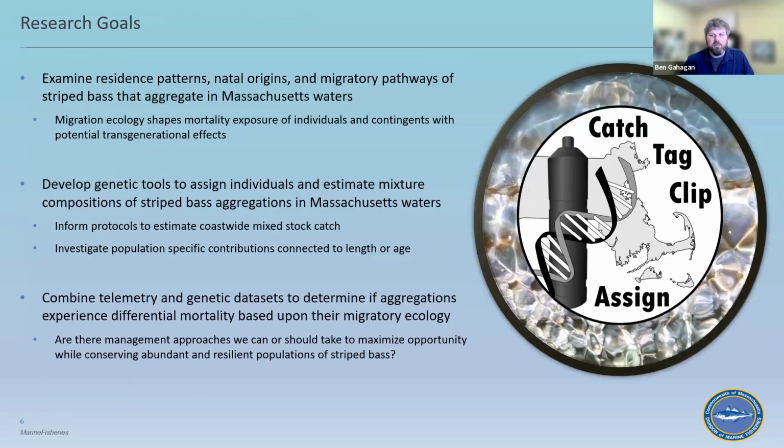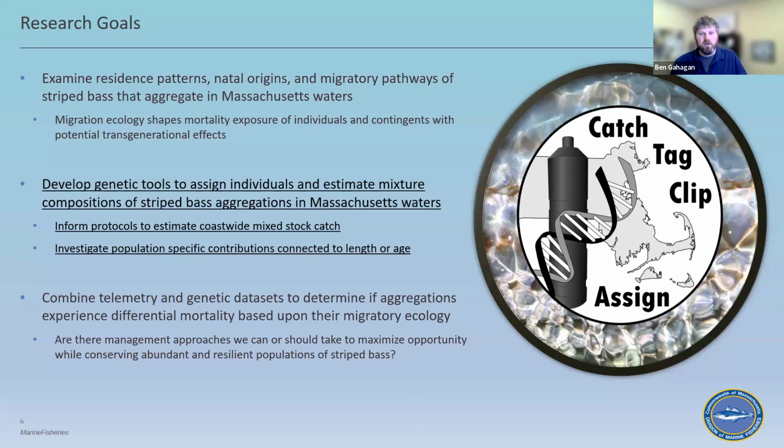With these ideas in mind, myself and my collaborators have been enacting a research program to bring rapidly developing fisheries tools and techniques to bear on our understanding of striped bass in the hopes that it will lead to better management strategies at coastal and potentially more local levels. The first goal relies primarily on acoustic telemetry, the second on genetics, and the third on a combination of both. But today I will be largely focusing on the second of these goals, although I will briefly touch on the first as well.